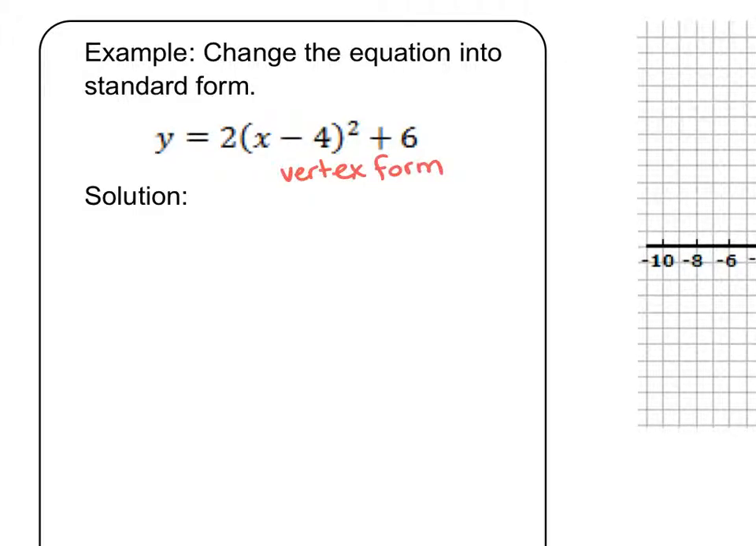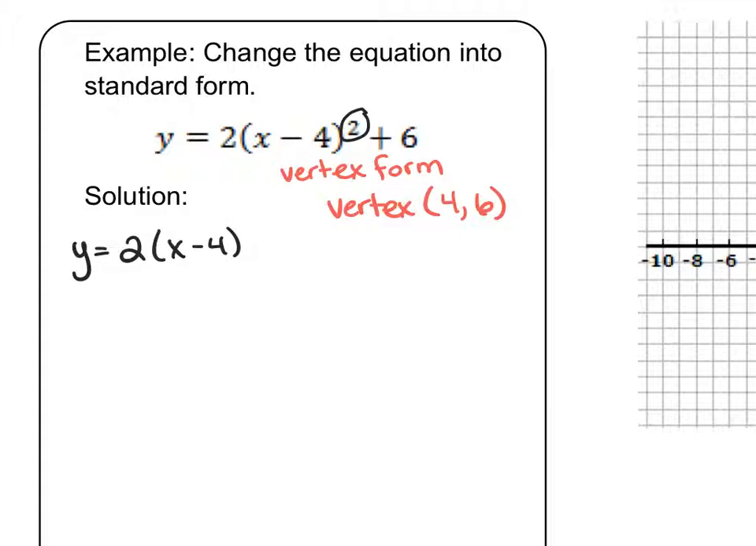And just on a side note, you could easily find our vertex from this with our (h, k). H in this case is positive 4 and k is positive 6. So easily we can find that from there. Let's change it into standard form. We're going to start with this squared here. It tells us that we're going to do x minus 4 times x minus 4. So if you actually write that out, you get x minus 4